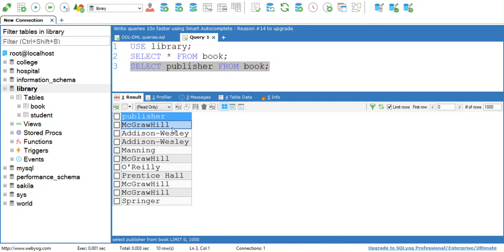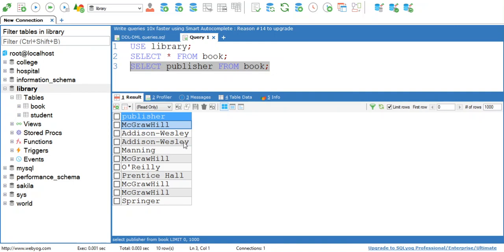Now if you carefully view all these names, then you will come to know that McGraw-Hill, this publisher name, appeared 4 times in the list. Similarly, Addison Wesley is a publisher name that appeared twice in the list, because McGraw-Hill has published 4 books for which we have stored information in a table, and Addison Wesley has published 2 books.